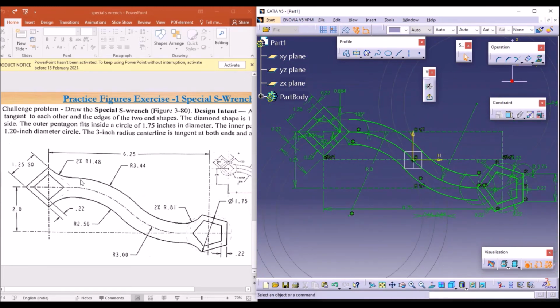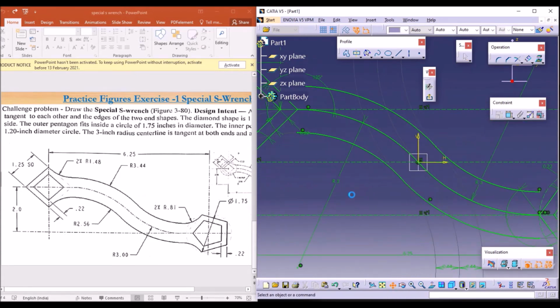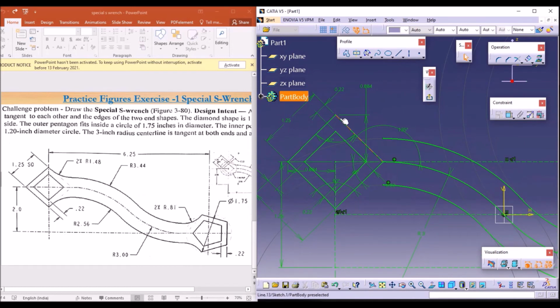Next we need to draw these small arcs at corners. This is done by using the circles, arcs or round option, that is the fillet option. So now I'm going to use the fillet option. Just zoom in and move the cursor aside. So here at the rectangle and arcs I need to make an arc like this